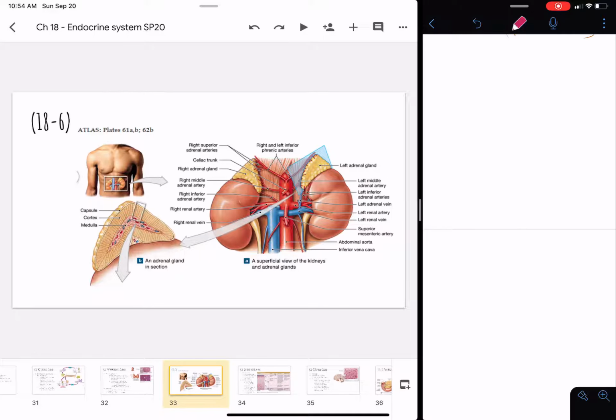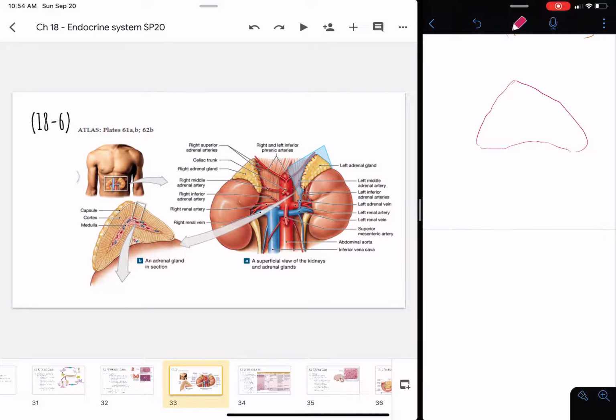Up next, we have the adrenal glands, which sit just superior to the kidneys. And then we'll also talk about the pineal gland in this section as well. So 18-6 is just the adrenal gland. The adrenal glands are kind of like little tiny hats that sit just on top of the kidneys on